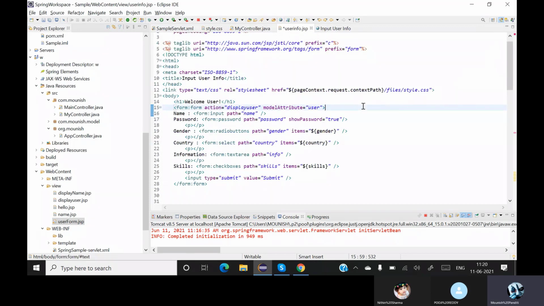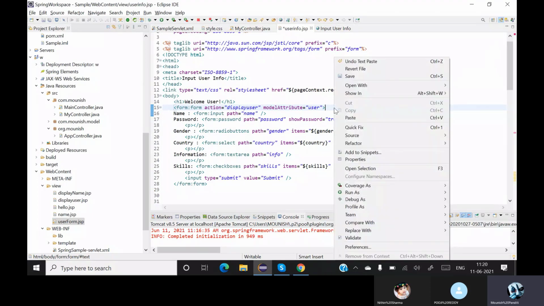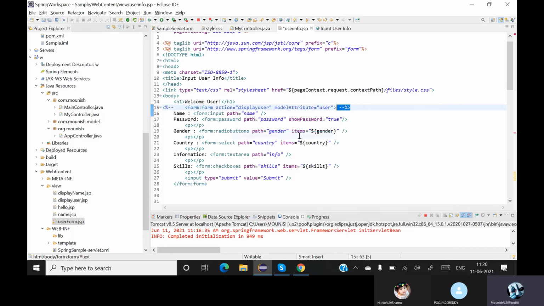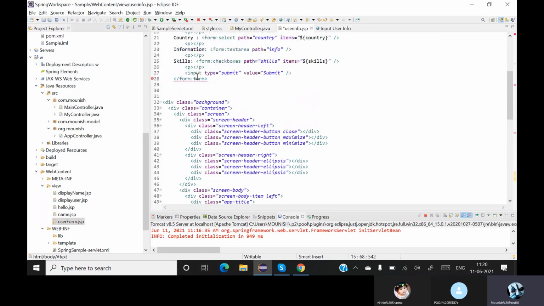Now what I'll do is I'll comment this out. Why is my comment not working? Whatever that is, let me put a toggle comment. Oh, okay. Since you updated the Eclipse, I think the comment things are changed. Not a problem, this will be my comment. Let me check the shortcut again: Control Shift C. Okay, so now you are getting an error that is the end tag.